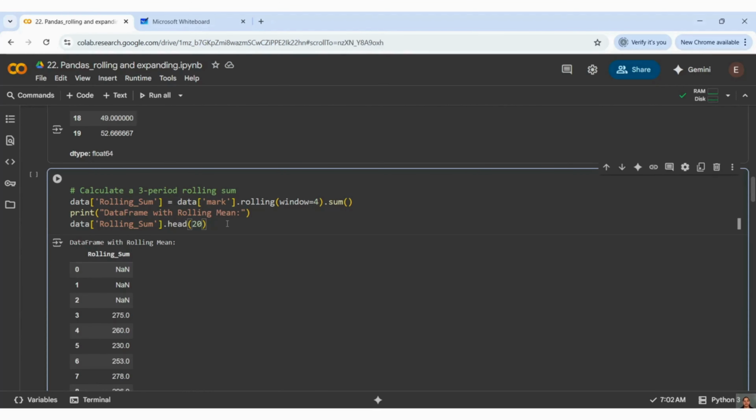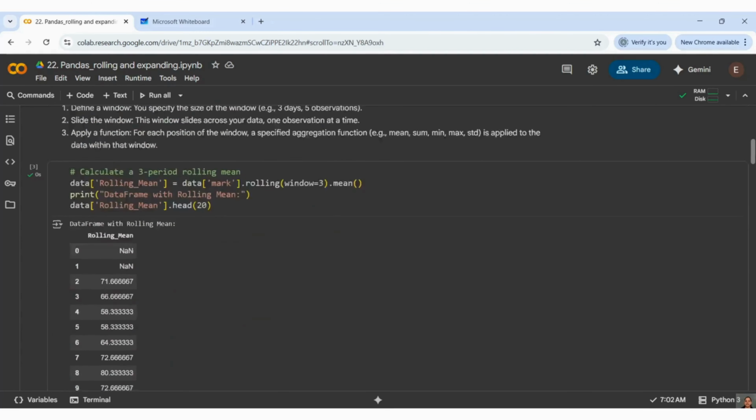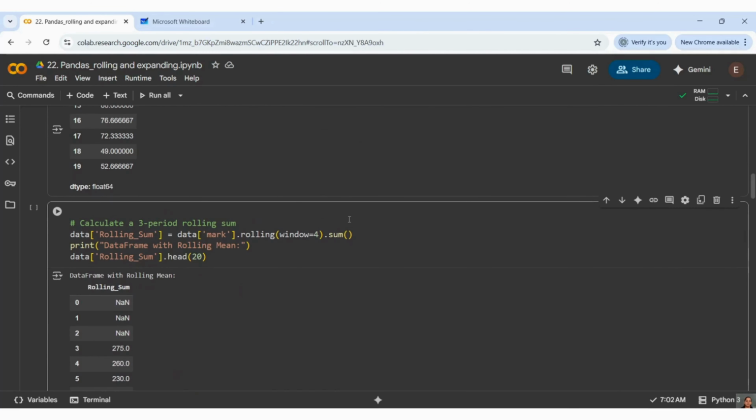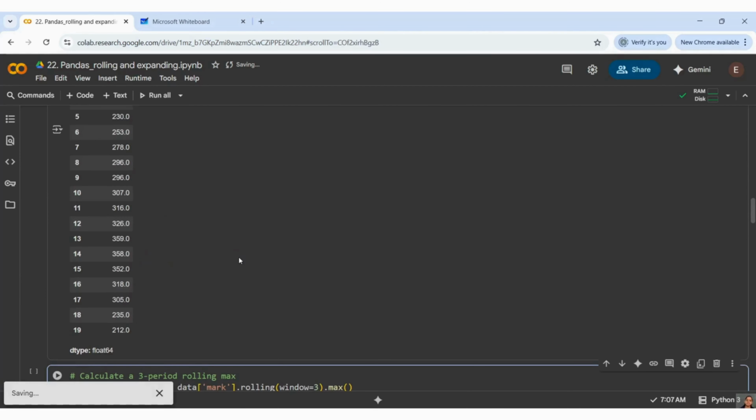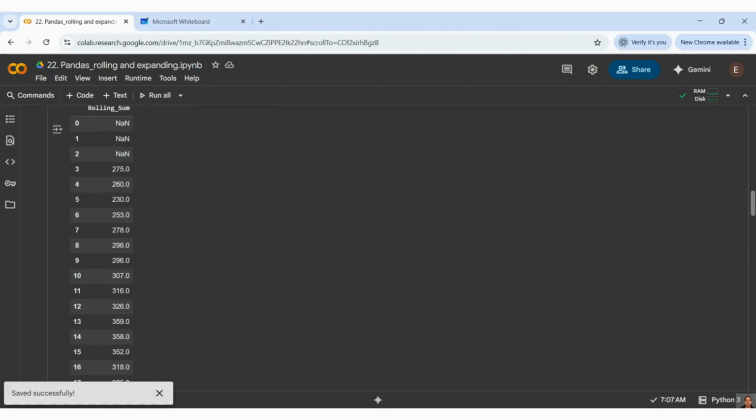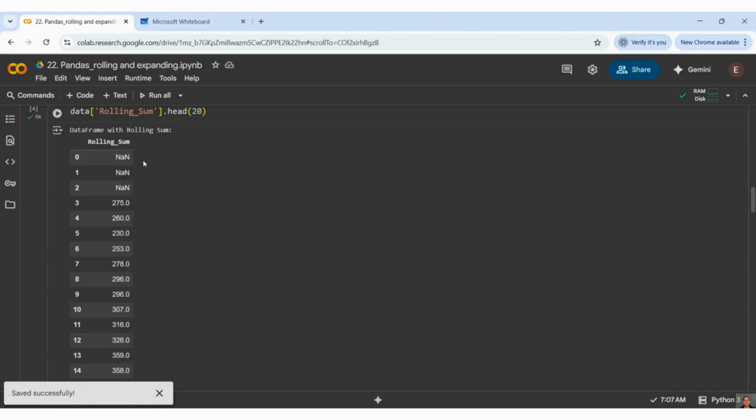There, I have calculated my mean. Now I want the sum of that. So how can I get it? Again, the window will be the same, window equal to 4. This is how we can achieve my window period. Then again I'm using my aggregation function here, which is sum. Just change this to sum. So now let us see what output I'm getting. It is the same concept, guys. See, first, as my window period is changed, right?